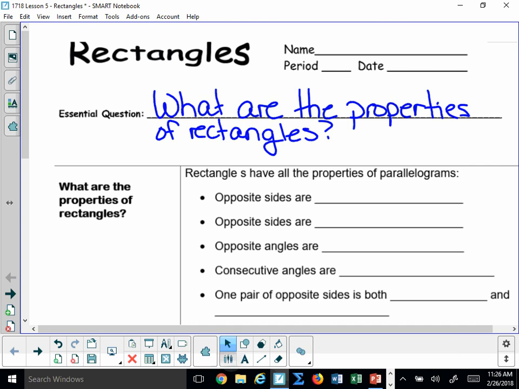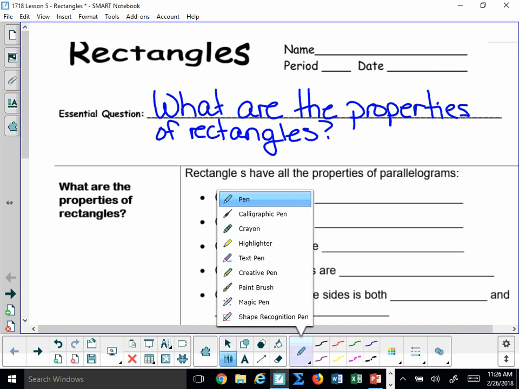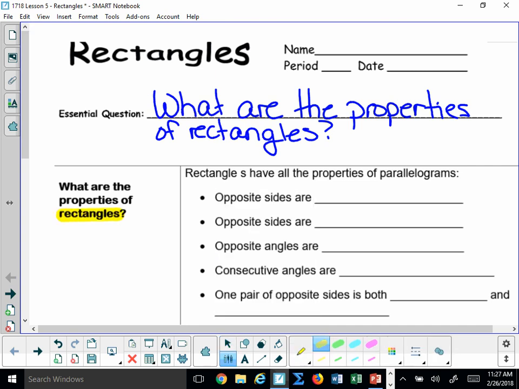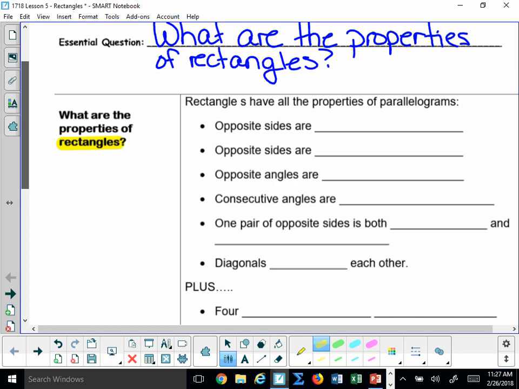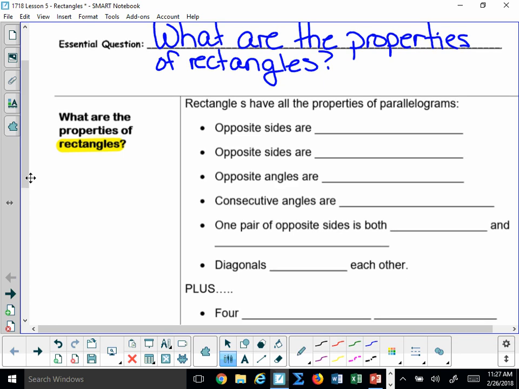Okay, rectangles are a special type of parallelogram. And so that means we have all the properties of parallelograms. And if you remember, there are 6 properties of parallelograms, or 6 ways to prove that you have a parallelogram. You could have 2 pairs of opposite sides that are parallel,